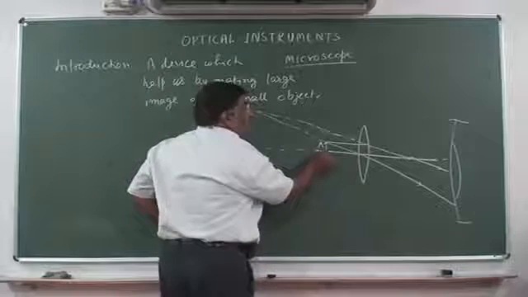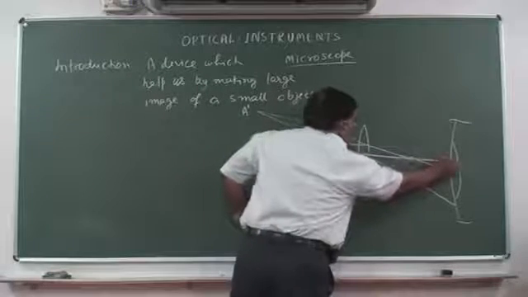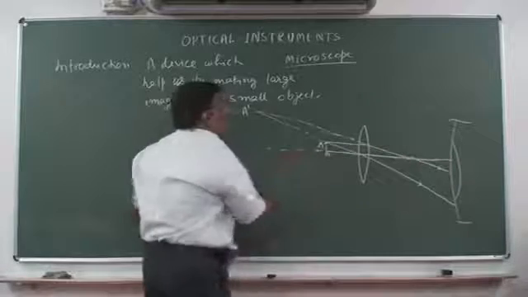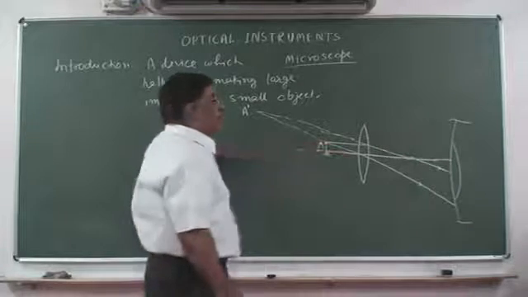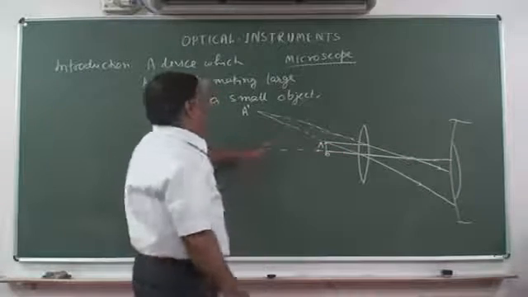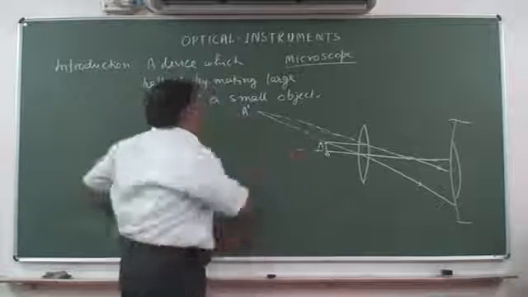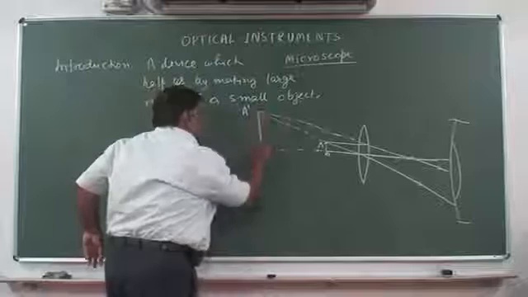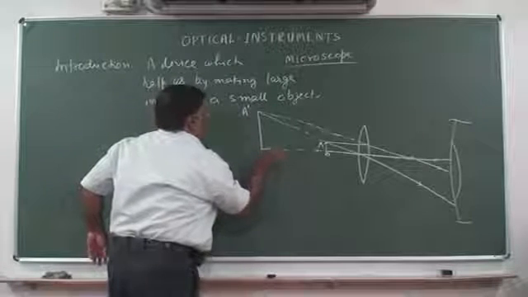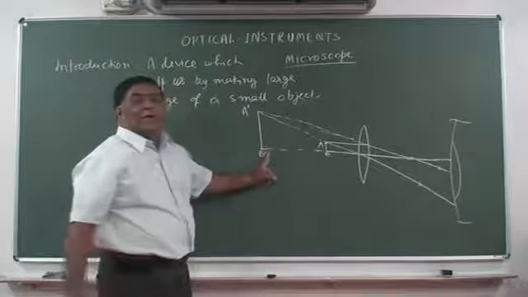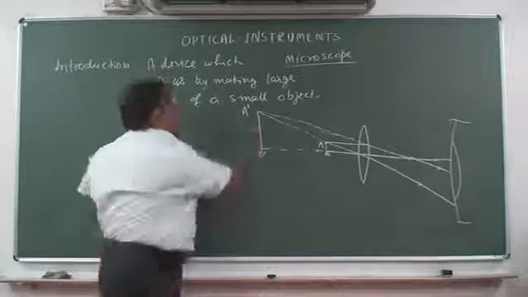Now for B, this is the line and this shows that B has to be on the principal axis. If B has to be on the principal axis, A dash is here, AB is a normal, then A dash B dash will also be a normal. So here we get the location of B dash. This is A dash.